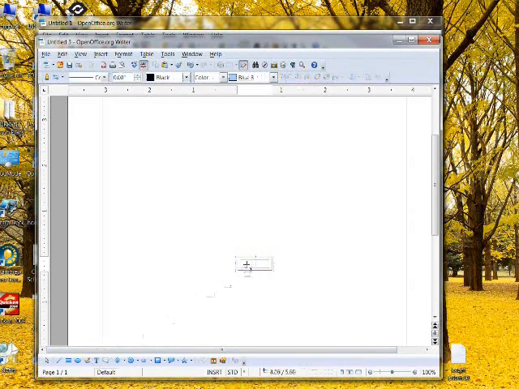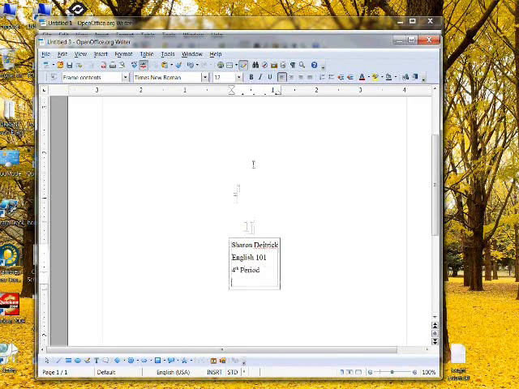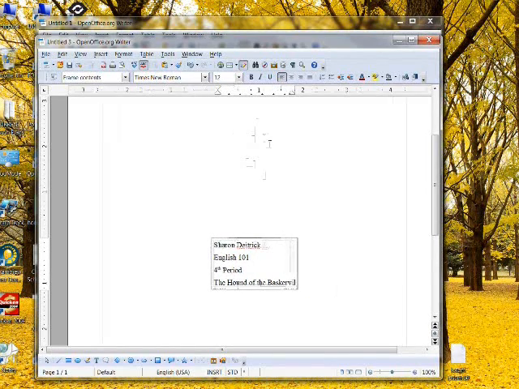You click on the T, click inside the box, and put in whatever information your teacher requires. And I can't think of the name of the book right now. The Sound of the Baskervilles. Yeah, that's right. Okay, so to center that inside the box, you highlight,